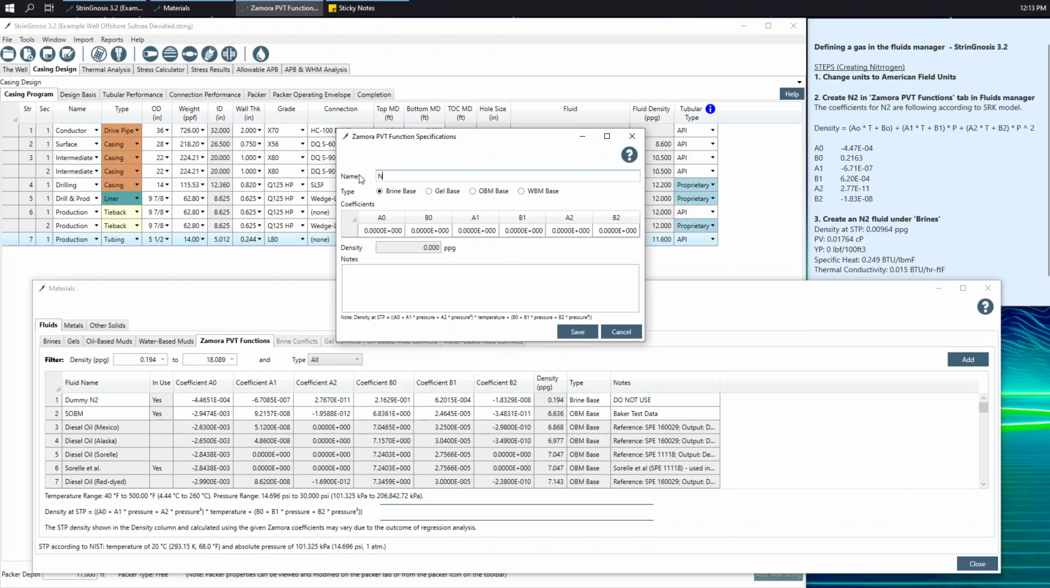So we're going to create nitrogen. I'm going to use a brine base. Step 3 says create the nitrogen under the brine base. So what's happening here is we're creating a little workaround. We're going to define our density from the Zamora PVT functions, and then we're going to use this density and use the Zamora PVT functions as a base to create a brine that is going to simulate the functions of nitrogen. So what I need to do for the Zamora PVT functions, and this is how the density is calculated,